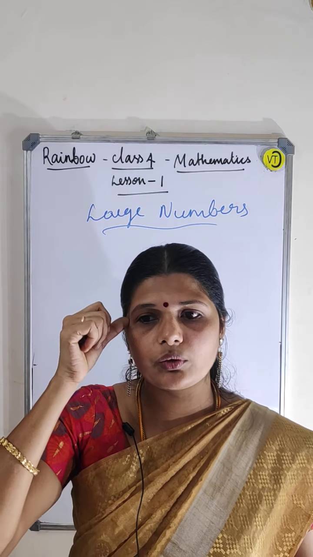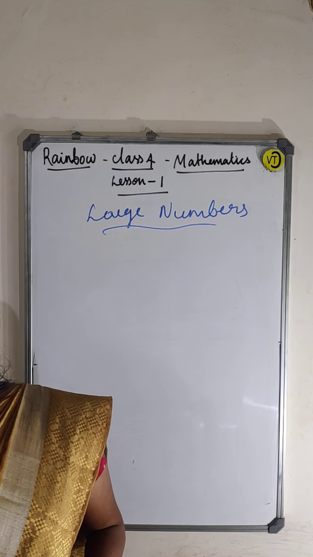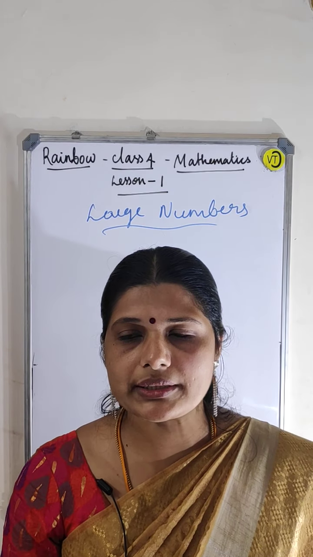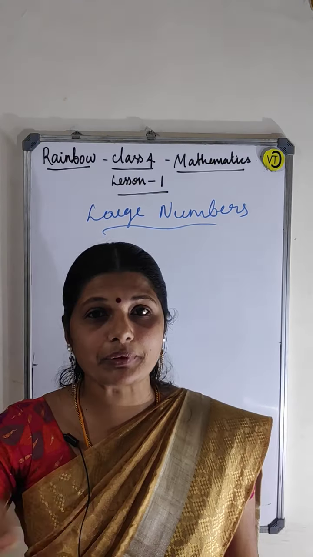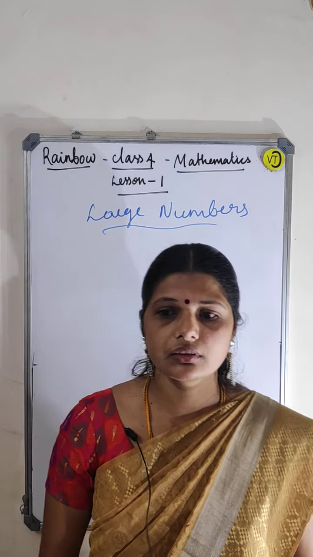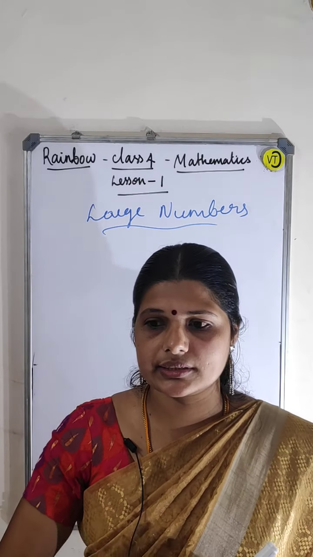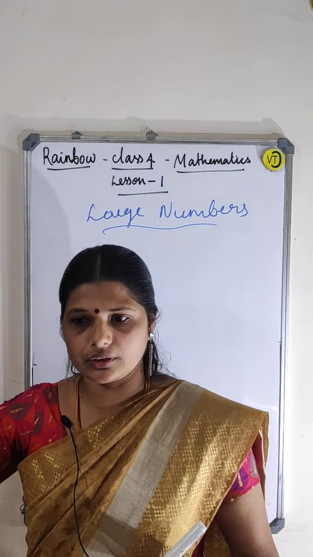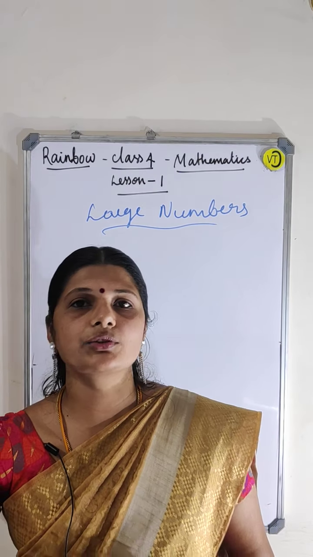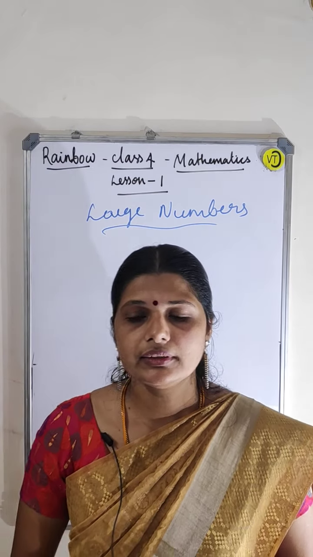Okay, now I will give you one example. The best example I am giving here is 60400295. How can you represent this number in the international system? 60 will be in the millions, 400 is in the thousands, and the next will be 295, which should be in the ones. How can you read this number?